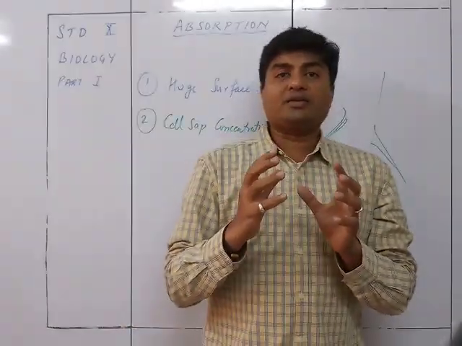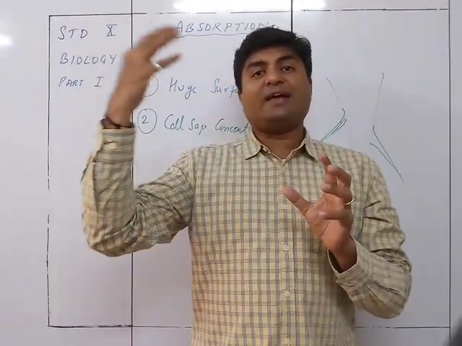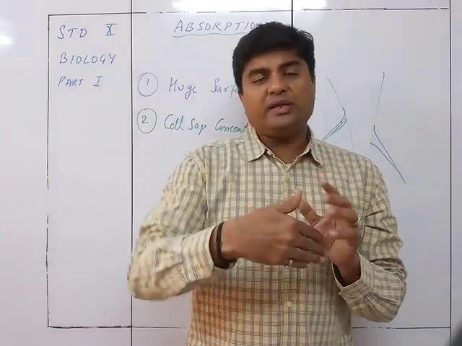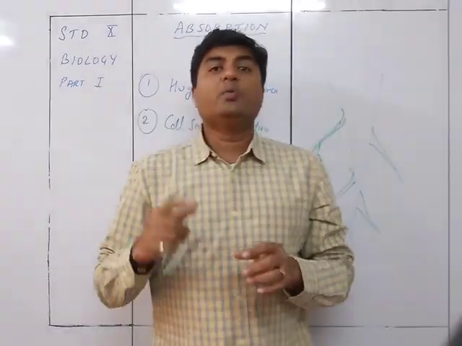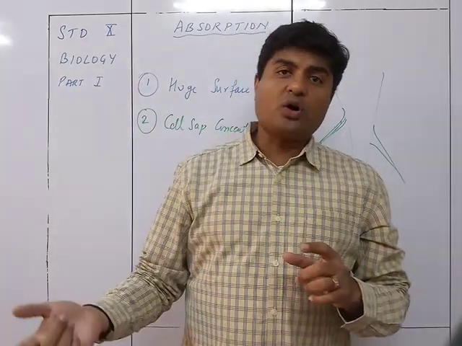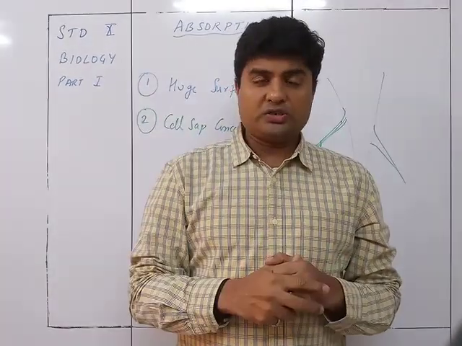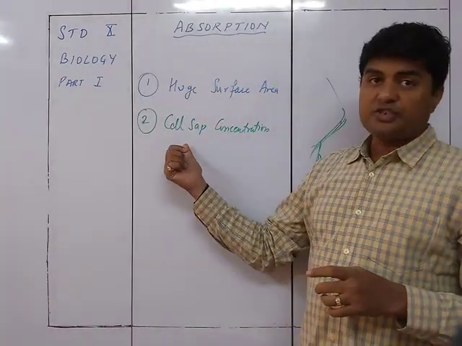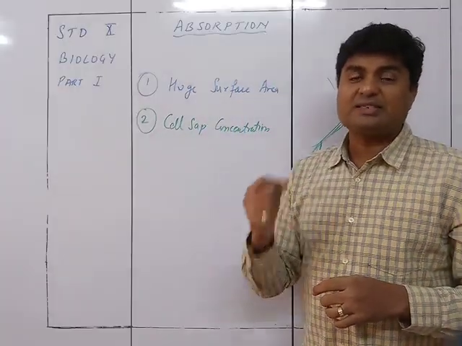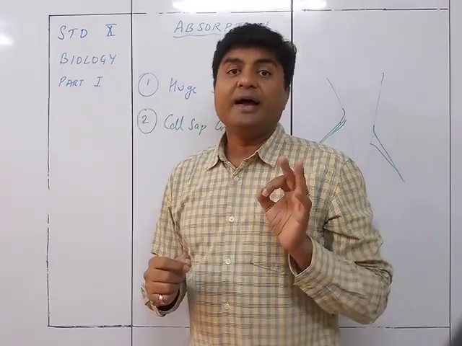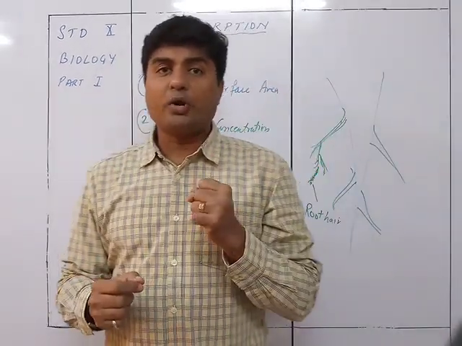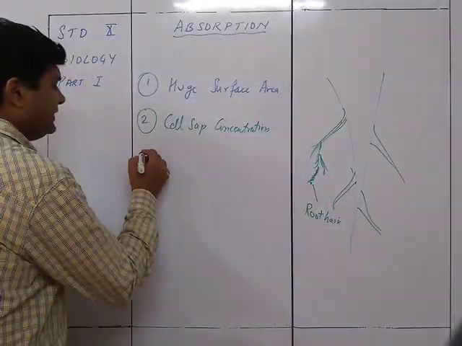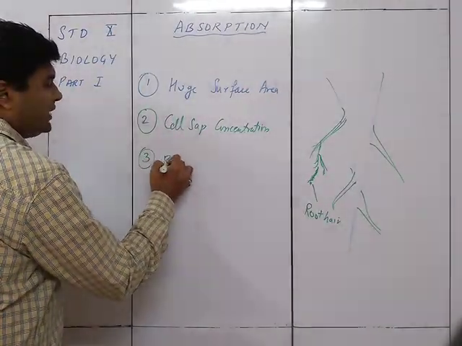Because the water content is low, the water outside the root hair will enter into the cell sap, because water travels from higher concentration to lower concentration. Accordingly, you will see that this particular arrangement, that is the cell sap concentration, helps the roots to absorb more water. And the third thing is that root hair